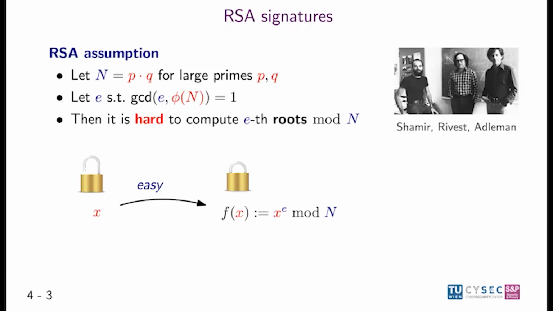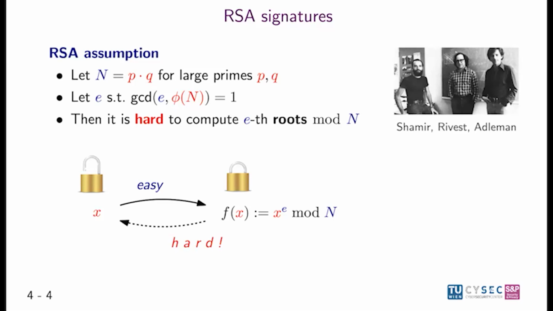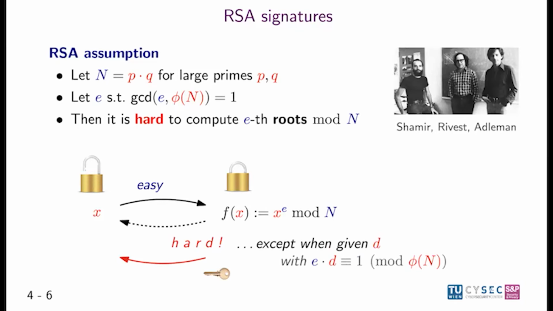There's a function that takes an input, and this function is defined as raising it to the power of e modulo n, and that's efficient to compute using square and multiply. And the RSA assumption says that you can't go back, right? If I give you the evaluation of that function, you can't find a pre-image. And what makes RSA particularly interesting is that there is a way of going back if you have a secret trapdoor. So this is actually a trapdoor one-way permutation in crypto terms. And when you generate this modulus n, you can generate it together with the secret key that allows you to invert the function.